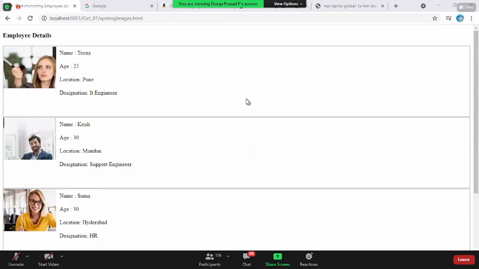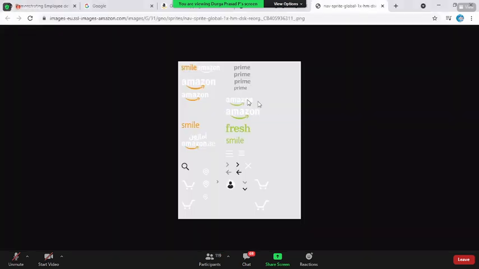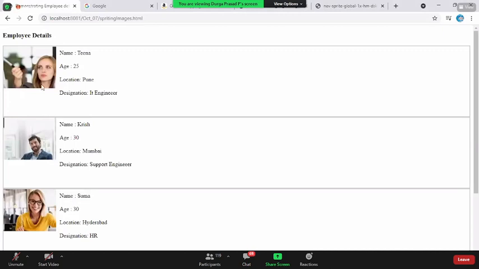Again, I'm telling you, when you say that one image is there, sometimes you make use of a smaller image. When you go to Amazon, you see there is a small Amazon logo, a bigger Amazon logo, and a very small Amazon logo. Why are there multiple? Because we cannot control the height. We cannot increase the image. Say, for example, for the Tina image you want a bigger one, and for the Krish image you want a smaller one. You have to add a bigger image and a smaller image, one time. You cannot control the bigger image to be shown for Tina. The image itself has to be increased; you cannot do it over here. While adding the image to the spriting itself, you add the same dimensions as you want. Clear?